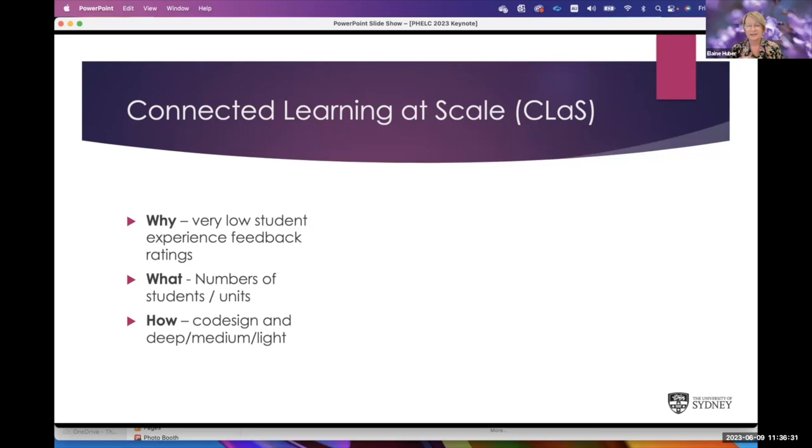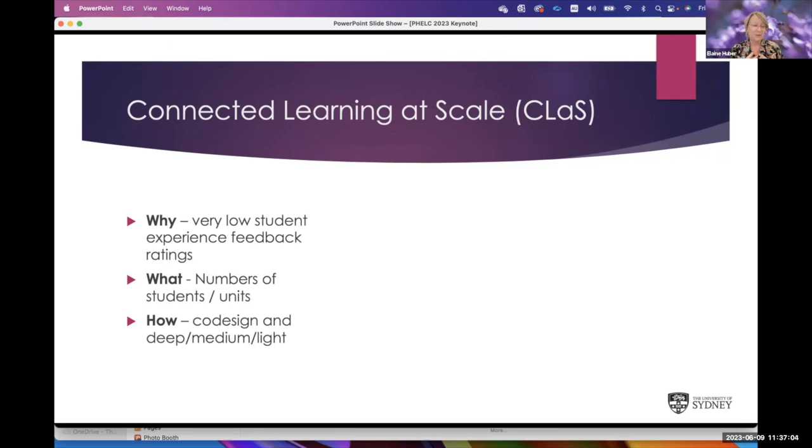They said they felt lonely. They felt that the delivery methods didn't suit their contemporary learning needs. And this was all before COVID as well. This project started in 2019. So it wasn't just because we'd been remote and online that they were feeling this disconnection. So as I said, our classes are huge. A small class might be considered to be about 400 students, which would be quite a small class at the Business School.